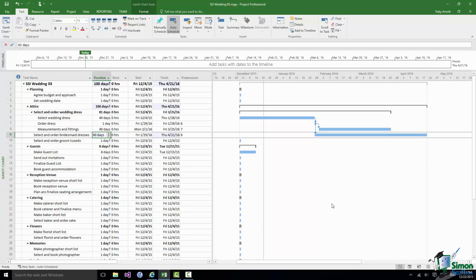There is a dependency from task 6 to task 9. We just set that up. If I hover over the arrow that represents that dependency, there is a screen tip that comes up that gives me a summary of the dependency. It's an FS, a finish to start dependency. That means that the first task in the dependency, that is select wedding dress, must finish before select and order bridesmaid dresses can start. And in fact, if I double click on that line, I get a task dependency dialog